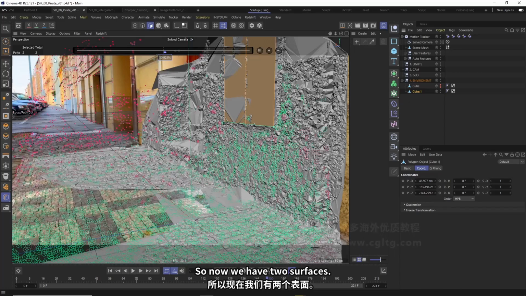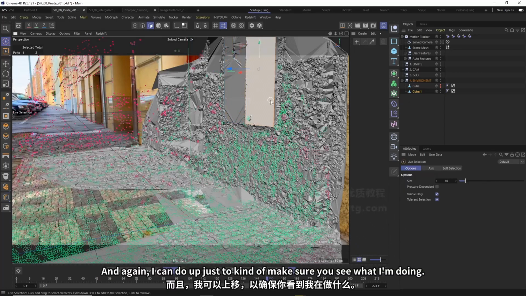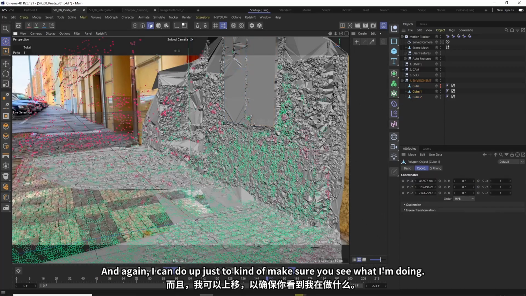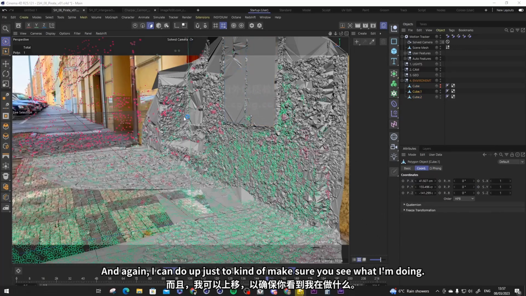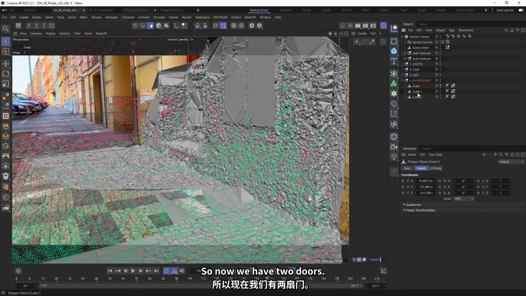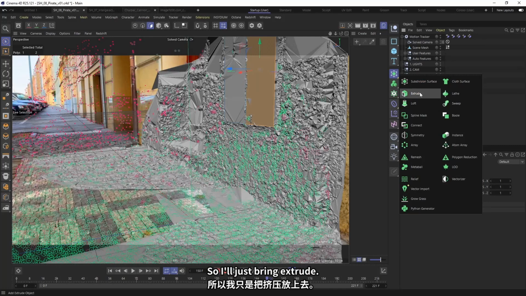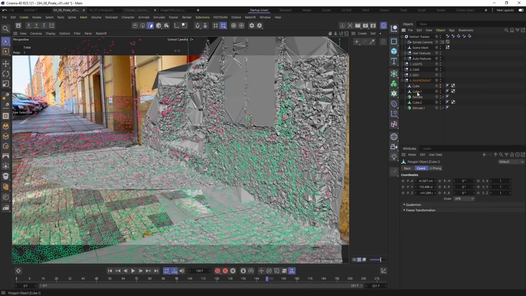So now we have 2 surfaces. And again, I can do UP just to make sure you see what I'm doing. So now we have 2 doors, and those we can just bring the extruder to. So I'll just bring extrude and extrude them for like